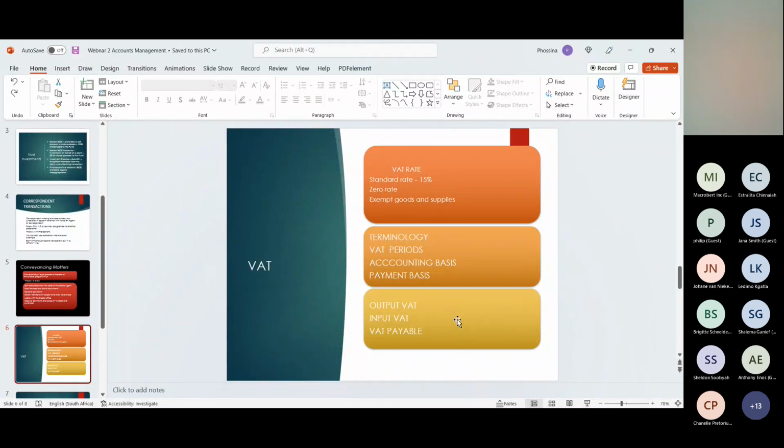So VAT, value added tax, is an indirect tax. It is explained as an indirect tax. Why it is indirect is that it is levied on services or on goods supplied. So in our industry, which is the legal practice industry, we provide a service to individuals, we provide to companies,